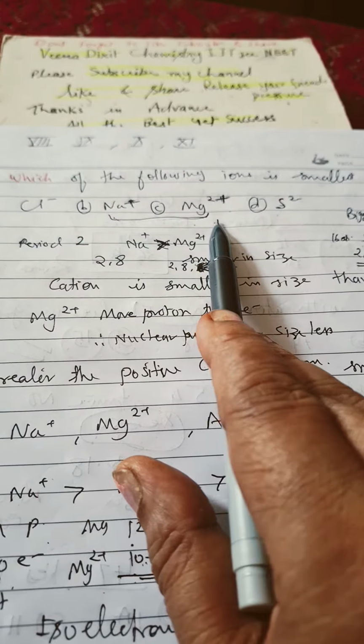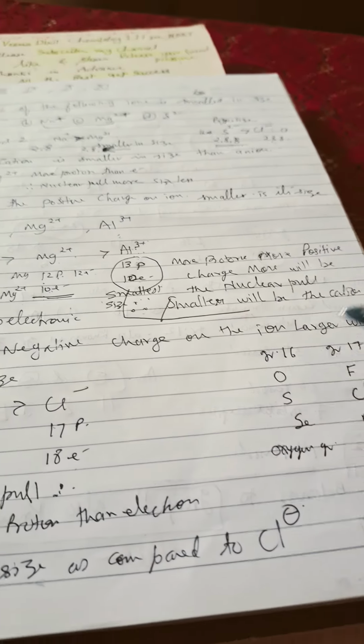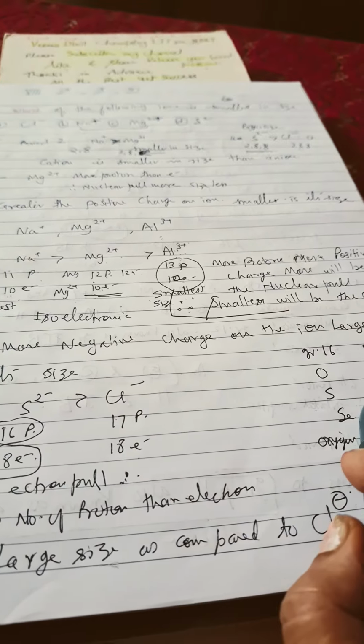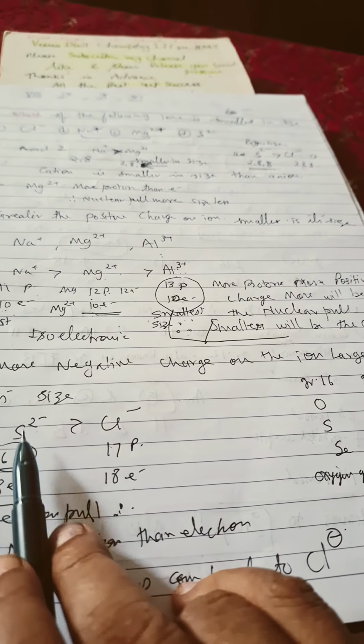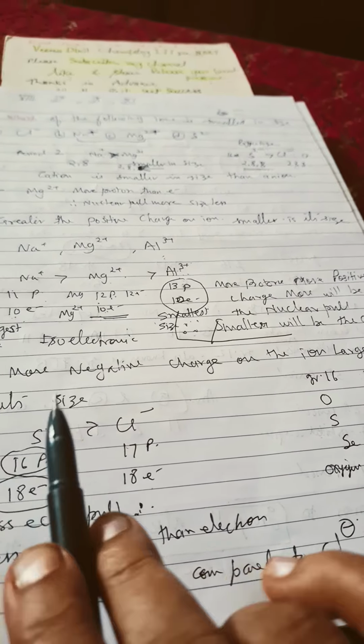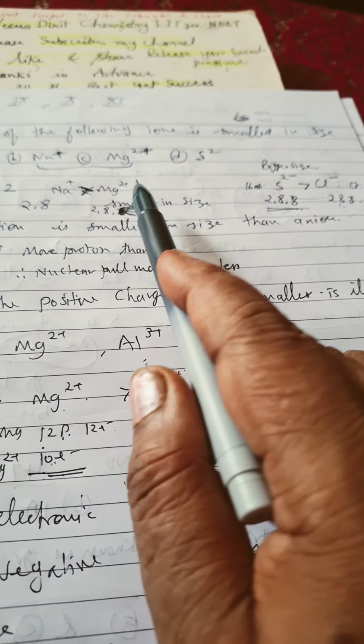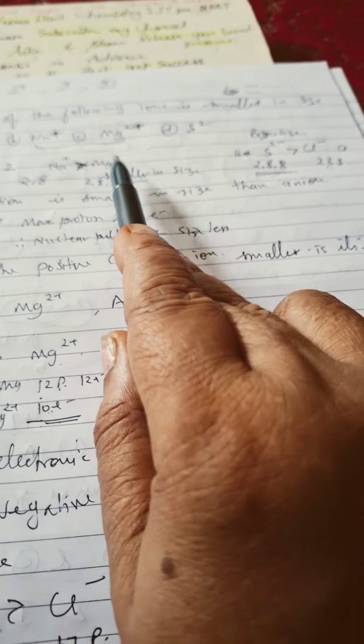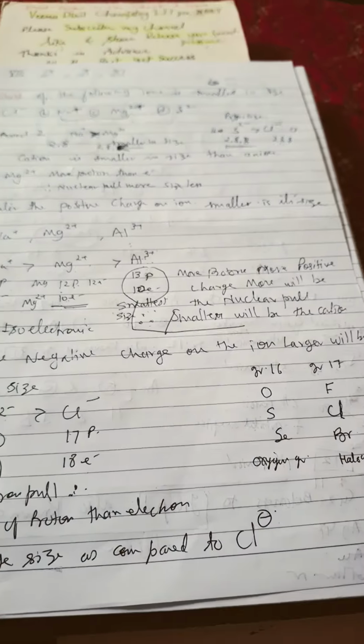Group numbers 16 and 17: O, S, Se, F, Cl, Br. In this way we can see that as we go down the group, size increases. But as we are discussing ions, the more the negative charge on the anion, the larger the size, because of the larger number of negative charges. The reverse of this is the cation: the larger the positive charge on the cation, the smaller the size. So they are just opposite to each other. Write it all down.